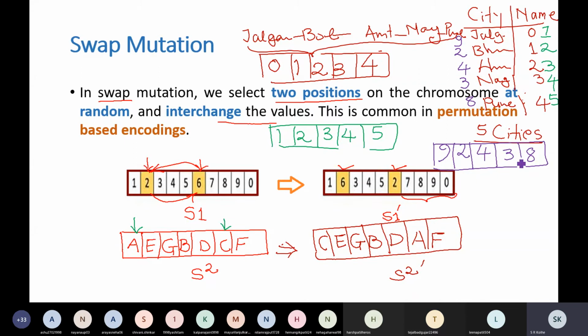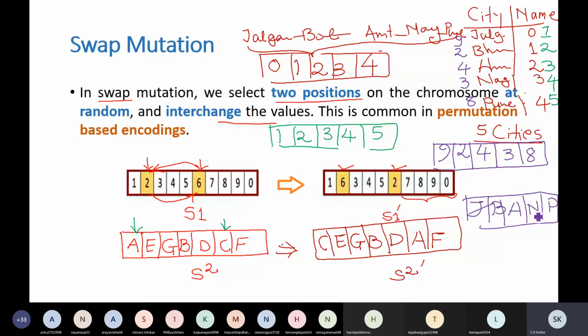Jalgaon means J, Bhusawal means B, Amravati means A, Nagpur means N, Pune means P. So in that case, the solution will look like J, B, A, N and P. So for the computer, all these solutions are the same. That is totally dependent on how you represent it and what the problem is. So don't worry about that.